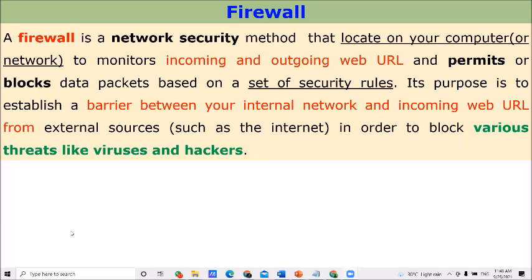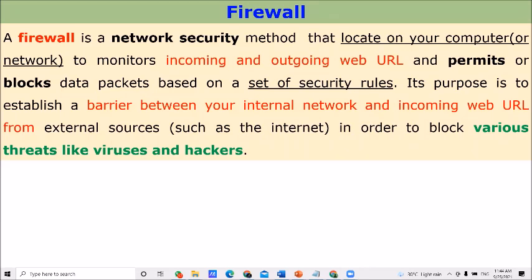Right. I think you finished writing this one in your notes book. The firewall is a security method that is available on your computer or your organization's network system and the internet. Right? This firewall has a set of rules. According to these rules, it always checks the incoming URL. If it contains some harmful things, the firewall is able to identify these harmful things.